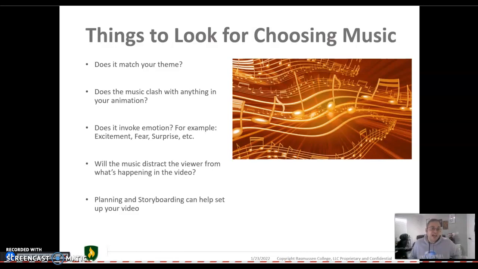Now, does the music clash with anything in your animation? For example, if you're showing something slow and methodical, and you're using something really rock and actiony in the back, and it doesn't really work well with it, then it's very important to find music that does, because the way your animations move, you want music that flows with you and really flows with the